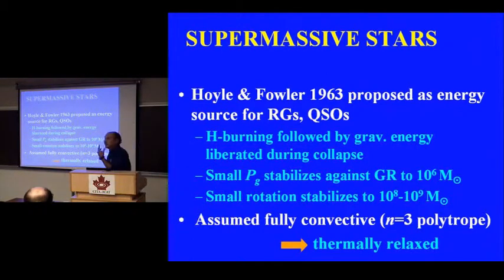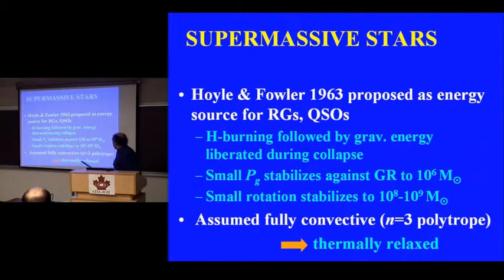That means you're dealing with objects that are essentially completely supported by radiation pressure. Nevertheless, they do behave like stars because the burning of hydrogen, and in fact, it's really only the burning of hydrogen that can create a hiatus in the collapse of these objects. Can support them for a while. That can then be followed by some release of energy due to gravitational contraction. And then, in fact, they realized that these objects would be so unstable that eventually they must become black holes